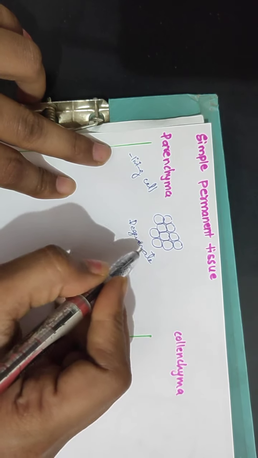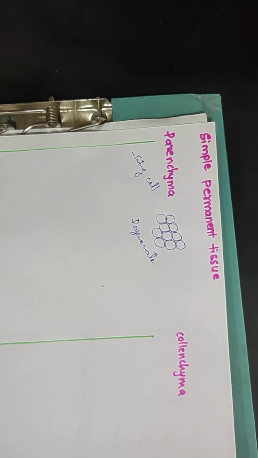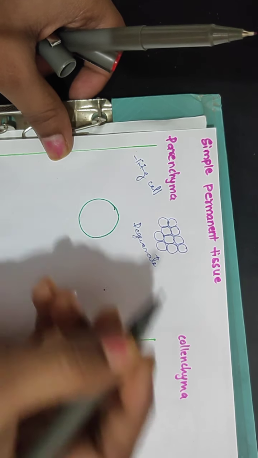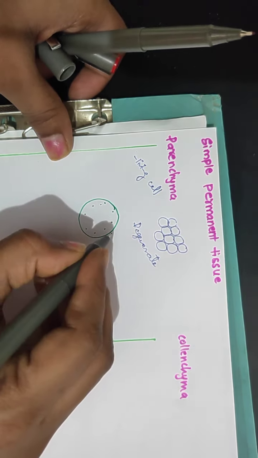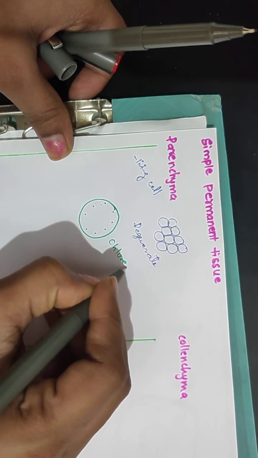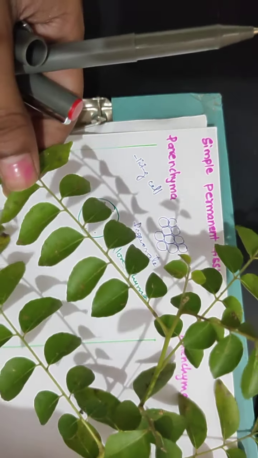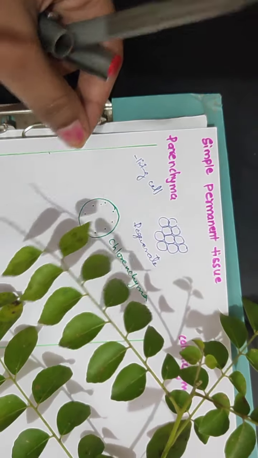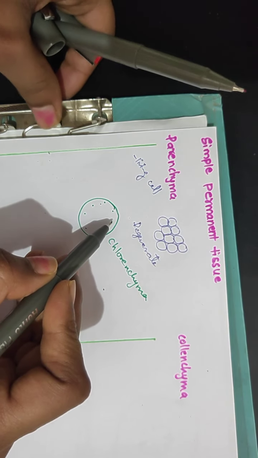It is a living cell. It mainly has a nucleus at the center. When you are observing a parenchymatous cell, if chloroplasts are present, we call such parenchyma chlorenchyma. Due to the presence of such chlorenchymatous cells, we observe this leaf as green. This leaf appears green because these chlorenchyma cells are more in number and within them chloroplast is more.